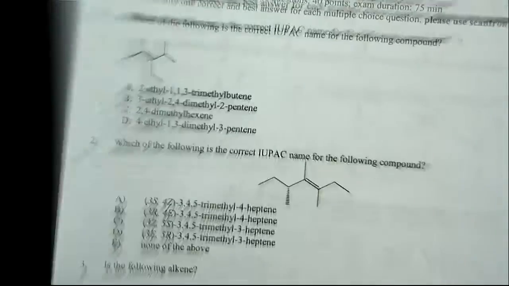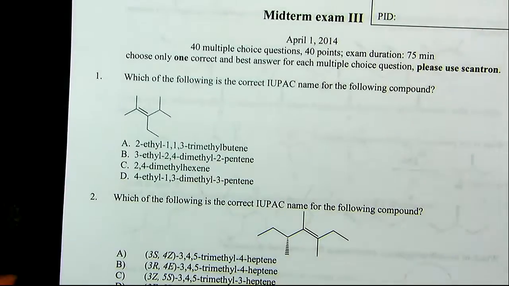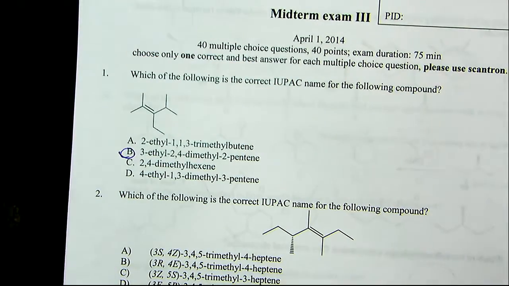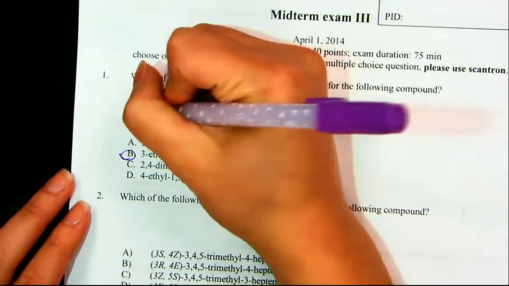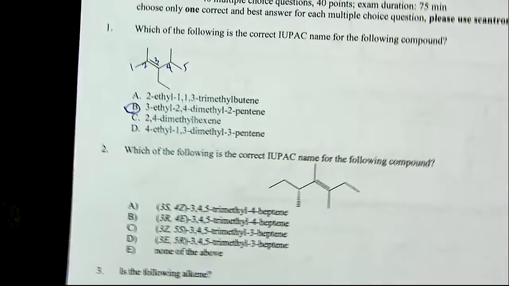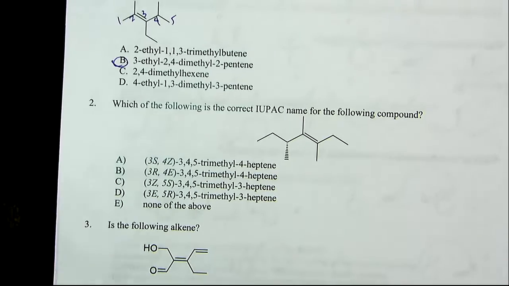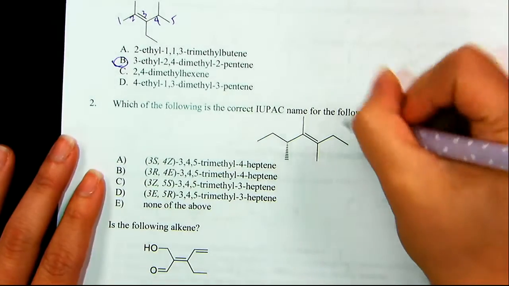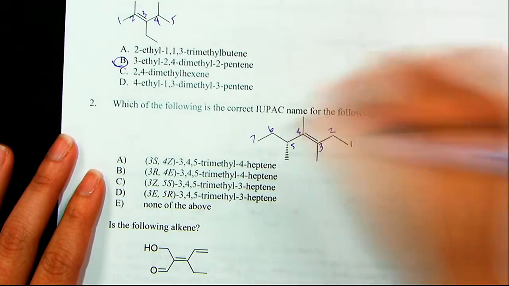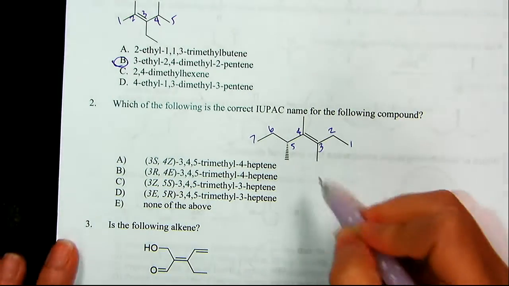Okay. Let's see what we do. Try not to explain the simple concepts. This should be D, do the naming. You should get that. Parent chain should be 1, 2, 3, 4, 5, and you guys can name from there. Number 2, again, naming and all those other things. Make sure that you're doing it correctly. 3, 4, 5, 6, 7. And this would be